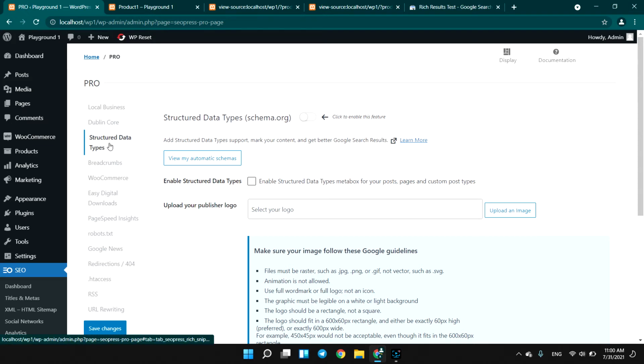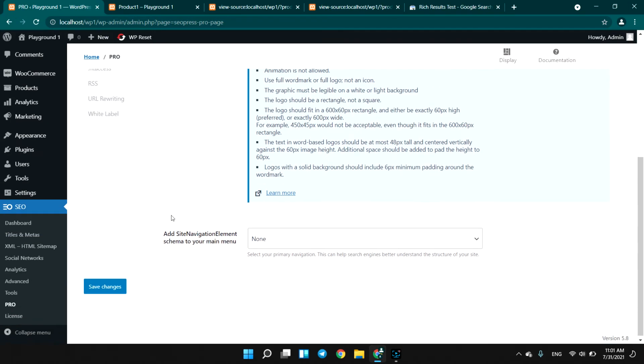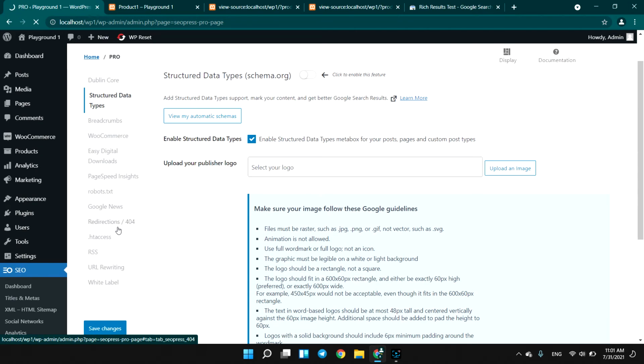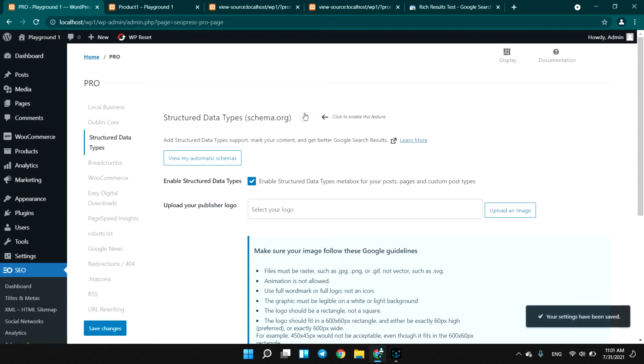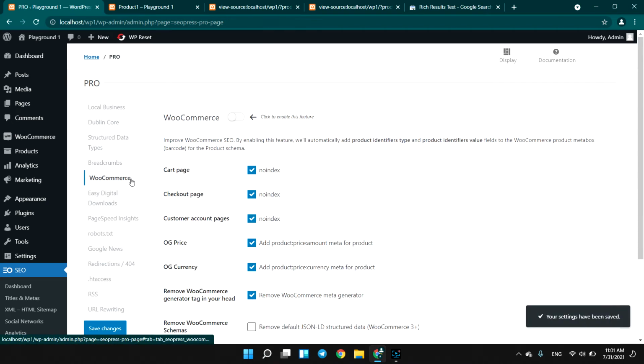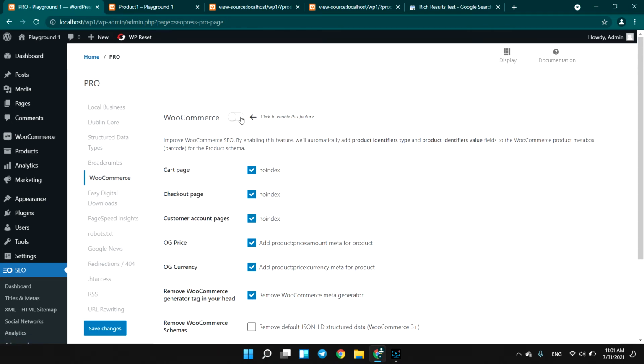In the structured data types tab, you have to check this checkbox and save changes. Oops, you have to enable these too. Now go to the WooCommerce tab and enable these,